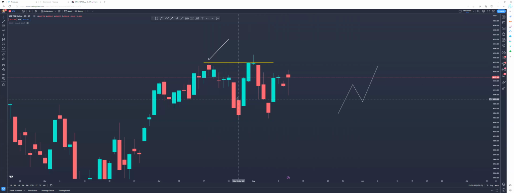Remember, if we're looking at a move up, to break structure, it's going to be the last bearish candle. When I'm saying the last bearish candle and the lowest point, I literally mean exactly that. You're going to take that whole entire bearish candle and the lowest point of it, and you're going to draw your zone. It's a little lower than that. There you go. Let me just make the color a little better. I'm going to make it green for right now.